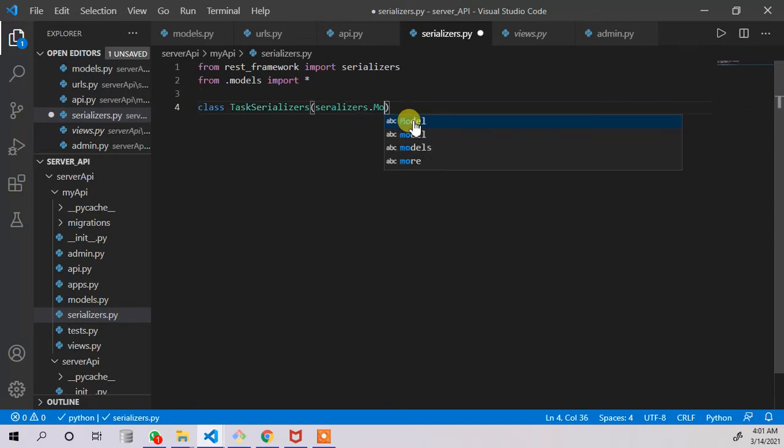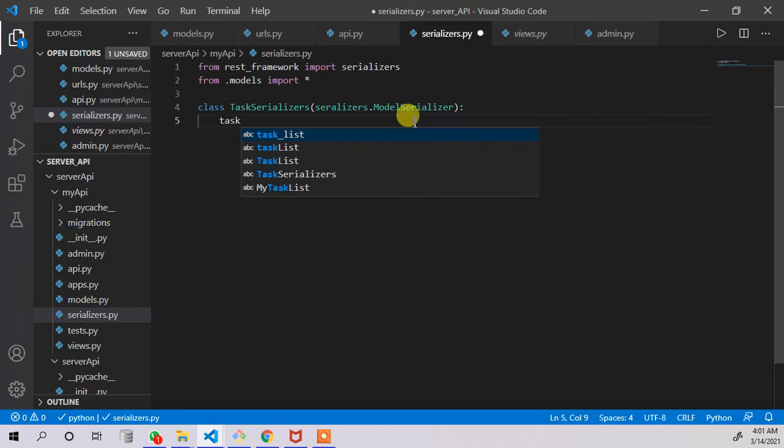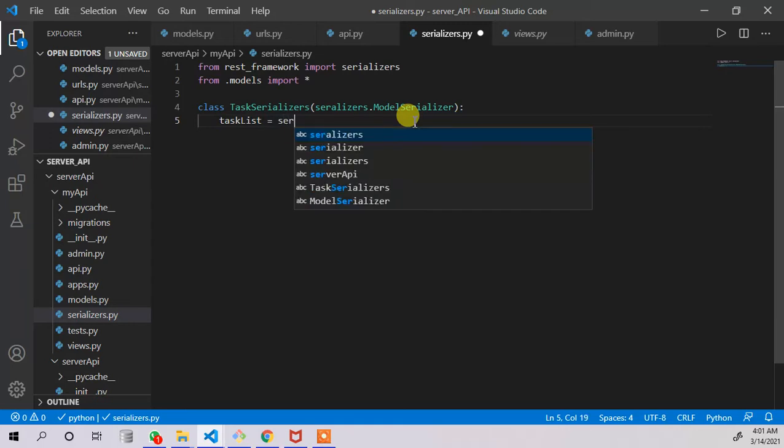We are saying serializers, model serializer. I hope the spelling is correct. I am creating a variable with the name of the task list. I am not changing the names of the variable frequently. I am just trying to keep it as simple as it could be, because it is easy to memorize